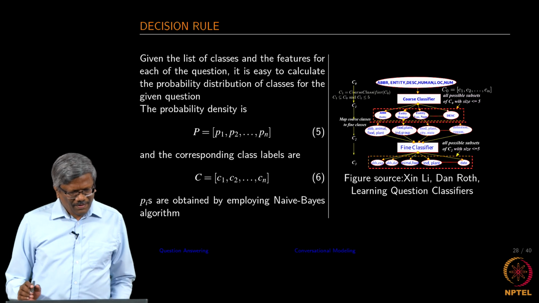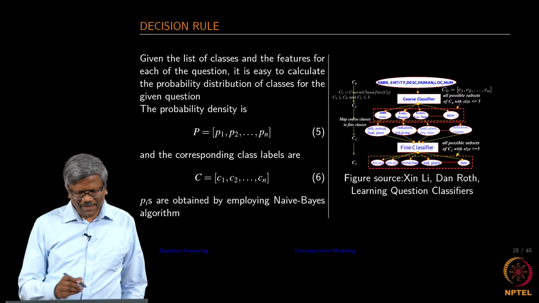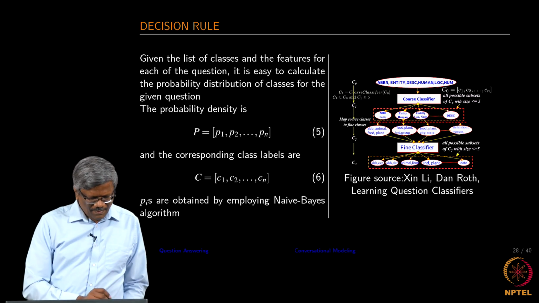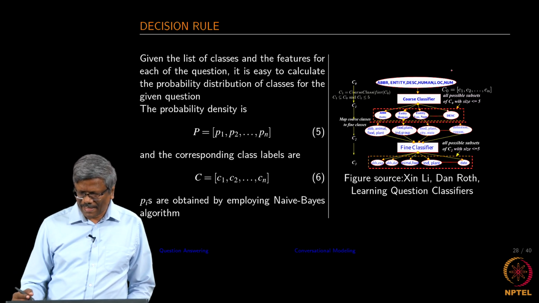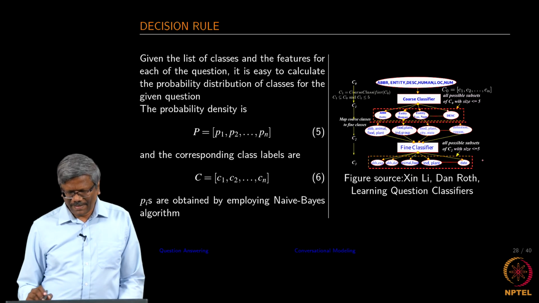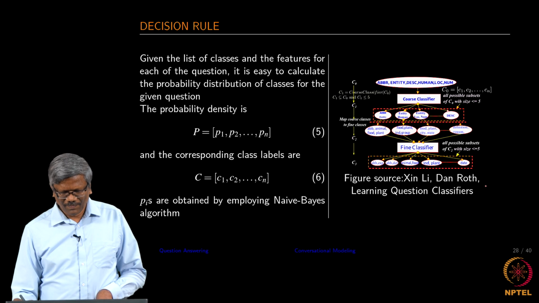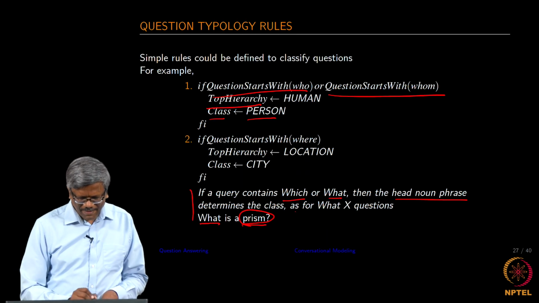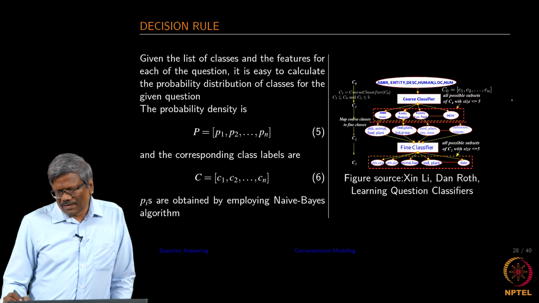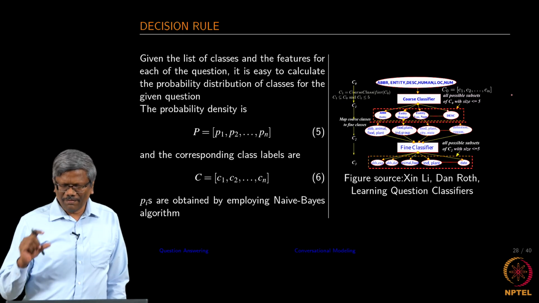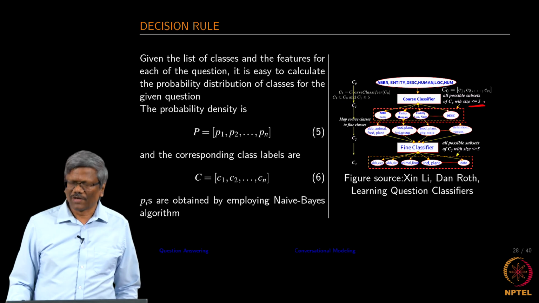Okay, again you can use decision rules such as these, and for all the questions that you have, you can find the coarse class or the hierarchy and the fine types. So, the idea here is to find the top hierarchy and the fine grained types. Okay, so, if you read through the paper, you will be able to understand the algorithm described on the right side very well. Here, instead of creating only one hierarchy value for each word, they try to get more than one. So, they have the size of 5. There could be wrong classification